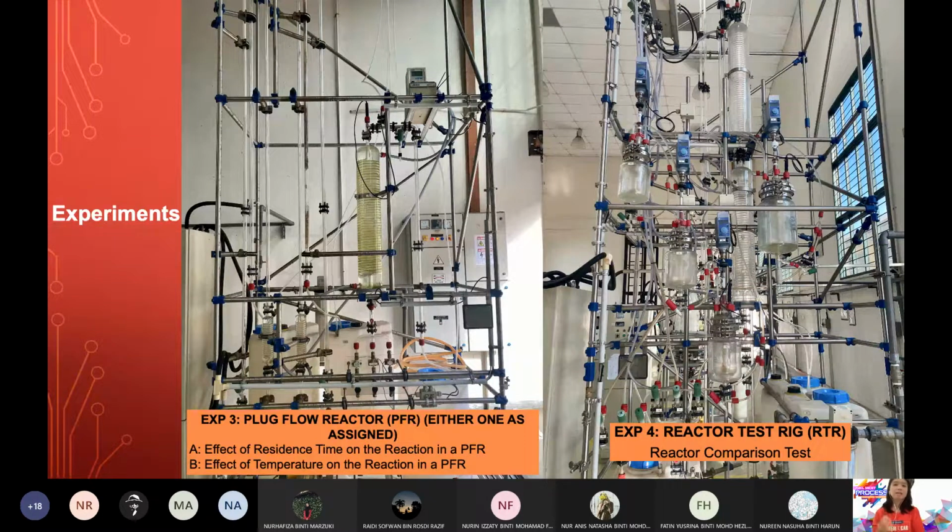Okay, kamu tahu kan in industry, unconverted reactor ni adalah duit, raw material yang tak bertukar ataupun yang tak menjadi produk is a loss. Okay, so what do you do with this unconverted raw material? Okay, dia ada dua cara. Cara pertama, okay, lepas keluar dari reactor, kamu separate produk, separate yang reactant tu kamu recycle balik. Itu satu cara. Tapi